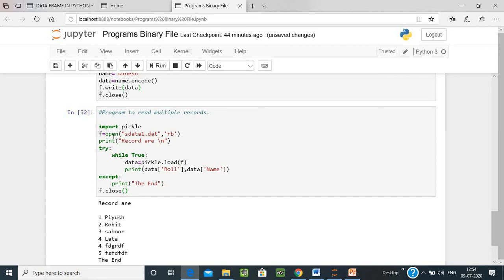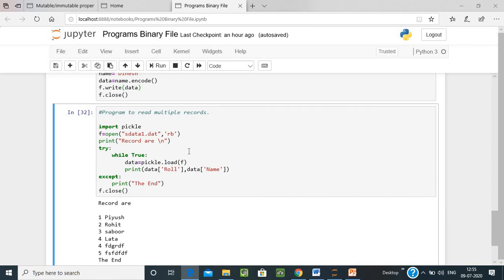Import pickle, f equals to open sdata1.dat, now in read mode. Now try: while True, data equals to pickle.load, print data roll, data name, and except, print the end.